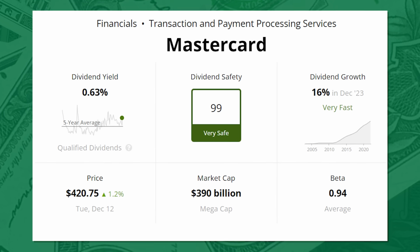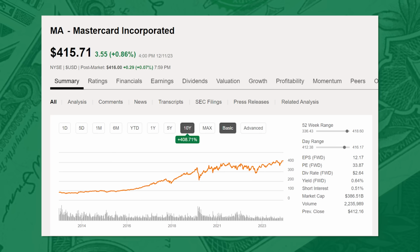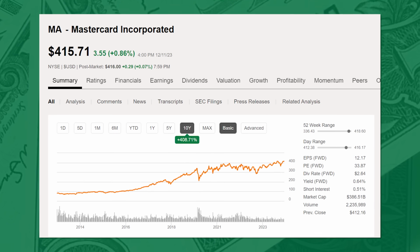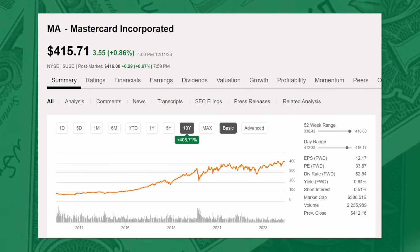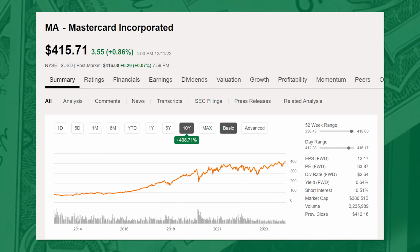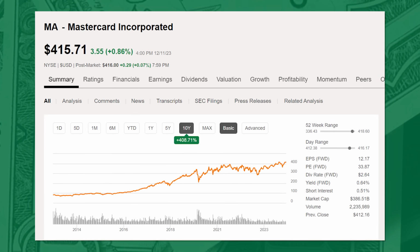This is more of a total growth play, locking in a solid yield on cost. Shares are up 408% over the last 10 years. This has been one heck of a winner, and shares bought 10 years ago have a yield on cost of over 3%. Simply Safe Dividends gives MasterCard a dividend safety score of 99, so that has us covered for the